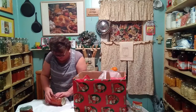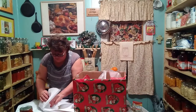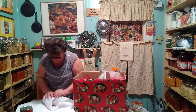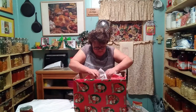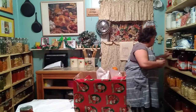I do think she'll like this. I certainly hope she likes this. My pantry is a lot of work, but it's just full of love. Okay, there's another one. Oh my gosh, she's going to look in there and see all those, and she's just going to go nuts. I know she likes pickled stuff, so